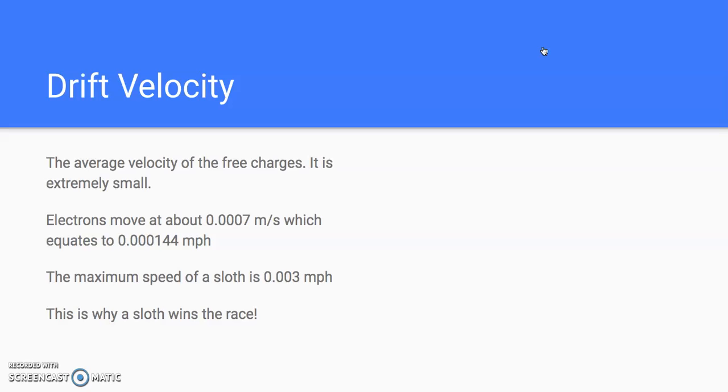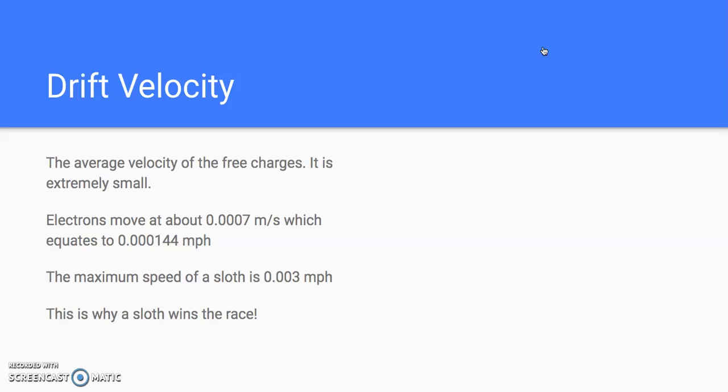This brings us to drift velocity. Drift velocity is the average velocity of the free charges, which is extremely small, which means it's very, very slow. So how can we compensate for this? That drift velocity is so slow, and electric current is extremely fast. Drift velocity tells us that electrons move at about 0.0007 meters per second, which is equal to